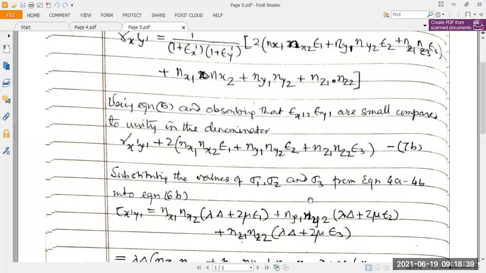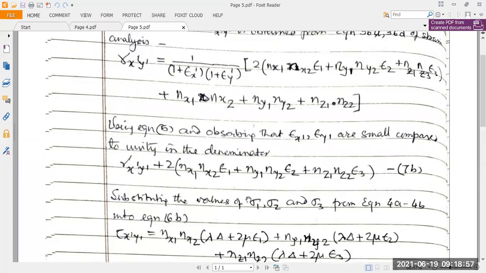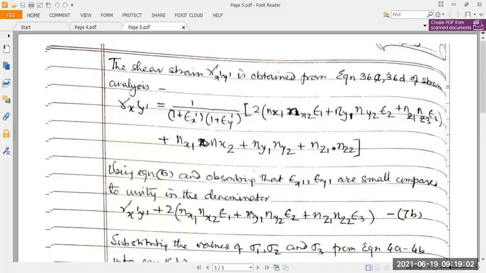And lambda 2 and sigma 2 and sigma 3 have the same value in terms of epsilon 1, epsilon 2 and epsilon 3. Thus, if we substitute this value of sigma 1, 2, 3 into equation 6b like this,